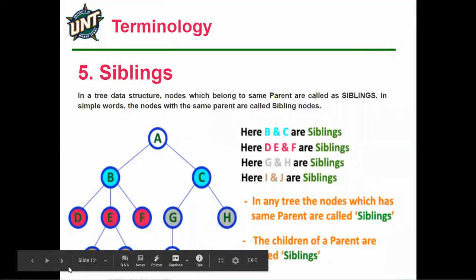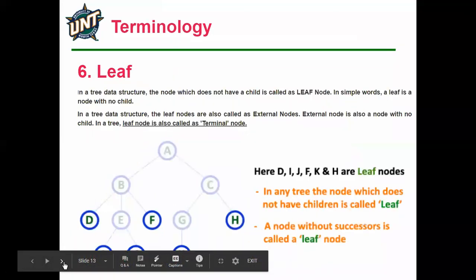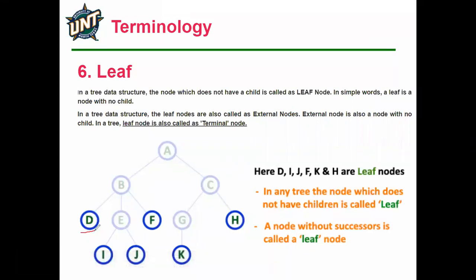Now we'll see the next terminology, that is leaf node. Here we can see it properly in tree data structure. According to the diagram, you can easily understand. You can see the diagram here, everyone. Only leaf nodes are highlighted. So what is a leaf node here? Leaf node means the fruit of the tree. In a natural tree, there is fruit.